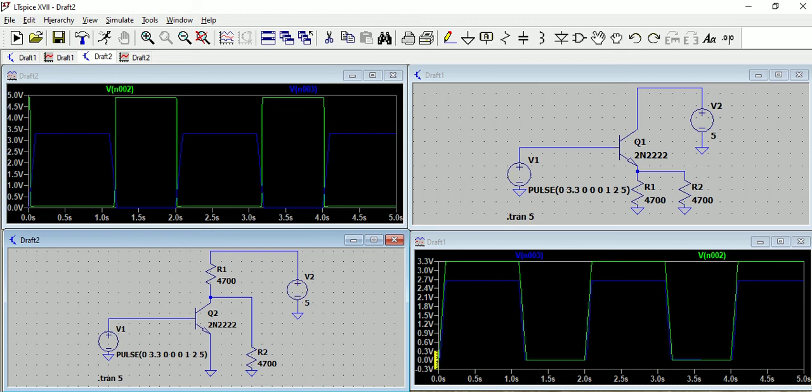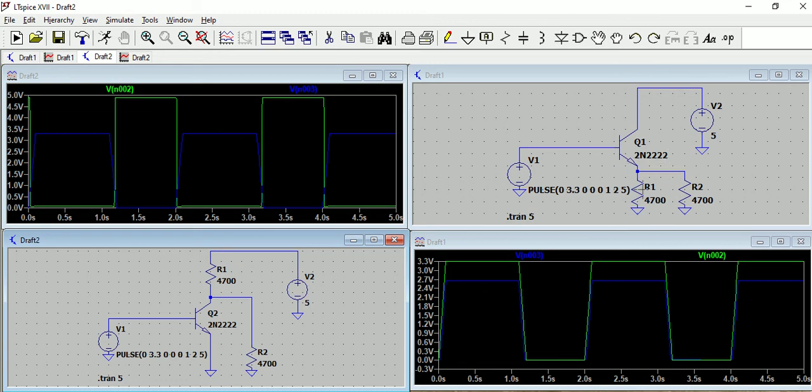If you see the difference between this scenario and this scenario, here the output depends on the voltage divider formed by R1 and R2. Here the output depends on the drop, and the input is directly seen at the output. Okay, so this is a simple circuit at a very basic level. Yes, some additional changes are required to this circuit to actually implement a buffer. We will talk about that in later videos. This is just an introduction video to understand.